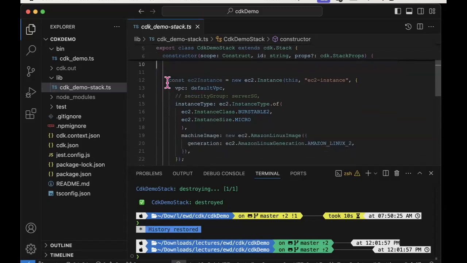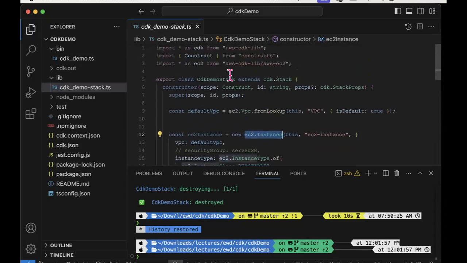And this is the kind of proper infrastructure code, if you like, because the very first line is slightly non-standard, I guess. What I'm doing here is my purpose is to create, I want to have an EC2 instance created for me. So I'm instantiating an instance of EC2.instance.